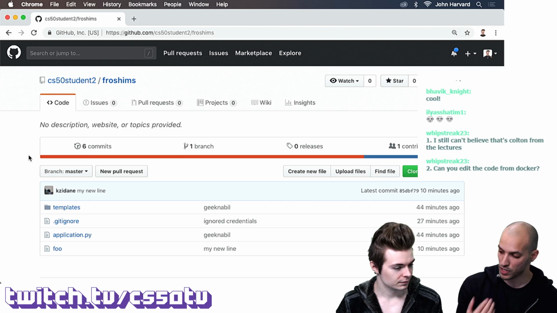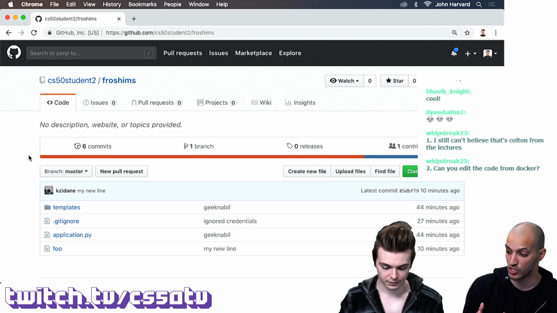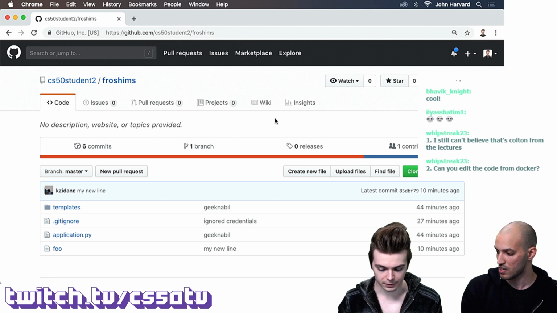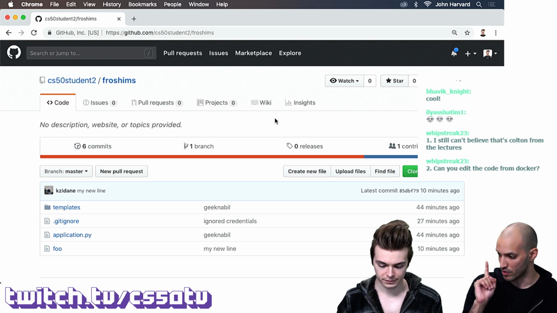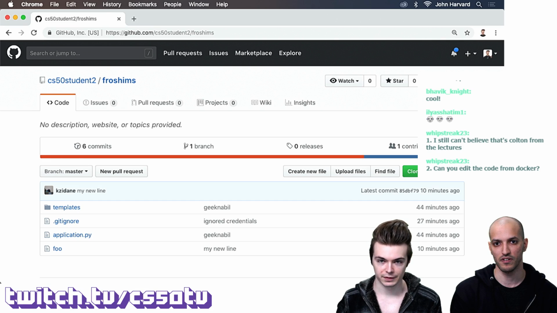So what Colton probably wants to do at this point is fork this repository, or create his own copy on GitHub first. Okay. So the first thing you need to do is click on the fork button on the top right. Okay, so this button right here? Yep, I don't think it shows up here. Oh, it's not visible with the chat there. Okay. We'll just hide the chat for a second.